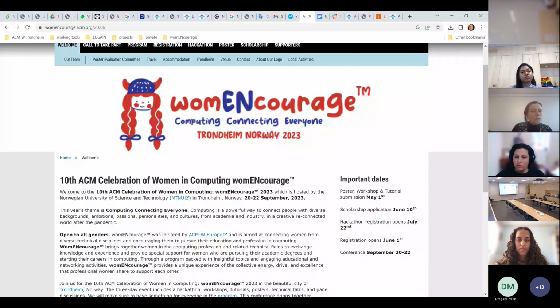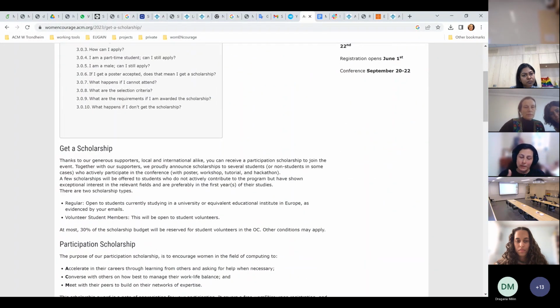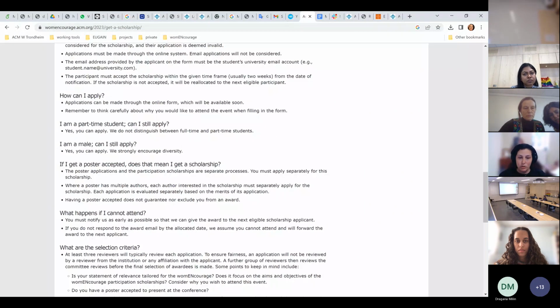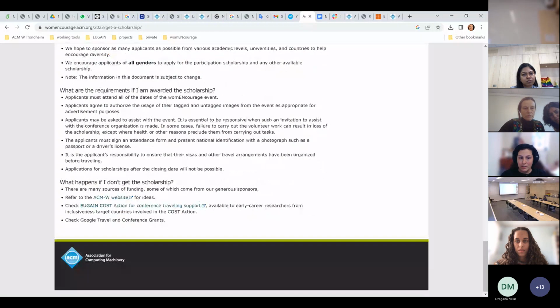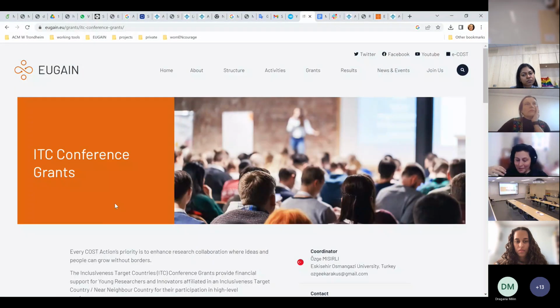This is a financial support for young researchers and innovators for their participation in high-level conferences. And there are some requirements for this. First, your primary affiliation should be with an institution located in an ITC country, and there is some information on our website about what the inclusive target countries are.